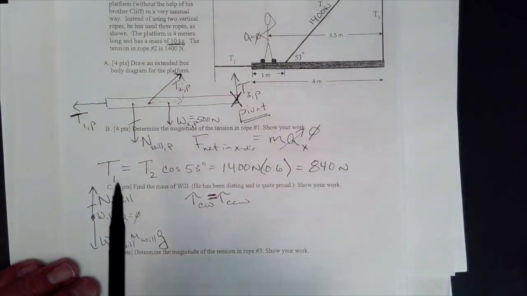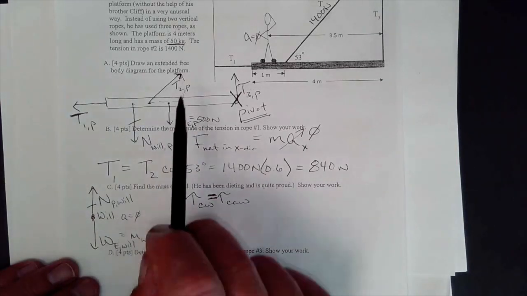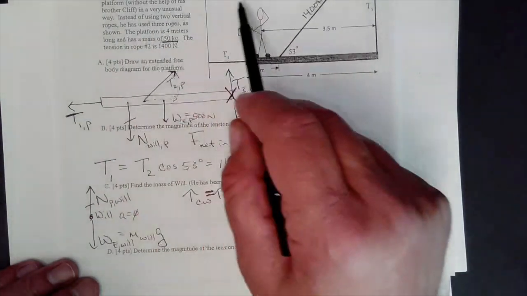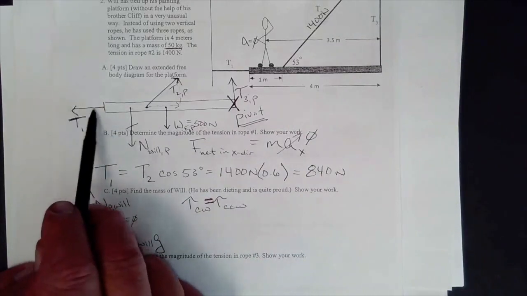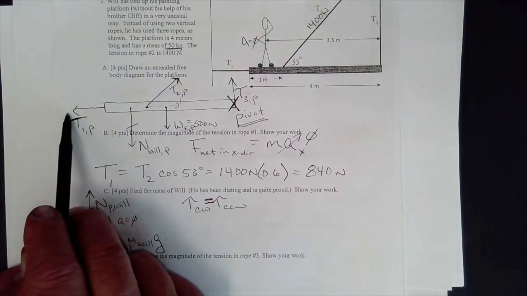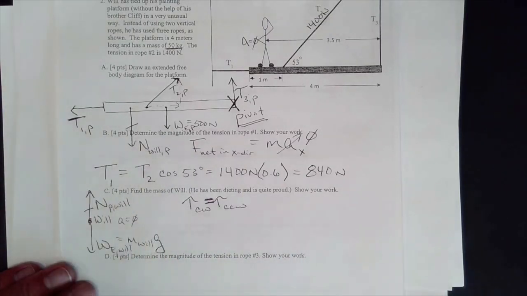And then I ask for each of these forces, which are trying to make it go clockwise and which are trying to make it go counterclockwise. Well, T2 is trying to make the whole thing go clockwise around this pivot. T1 is not trying to rotate it at all about that pivot. And the push by Will and the weight are trying to make it go counterclockwise. So I can say that the